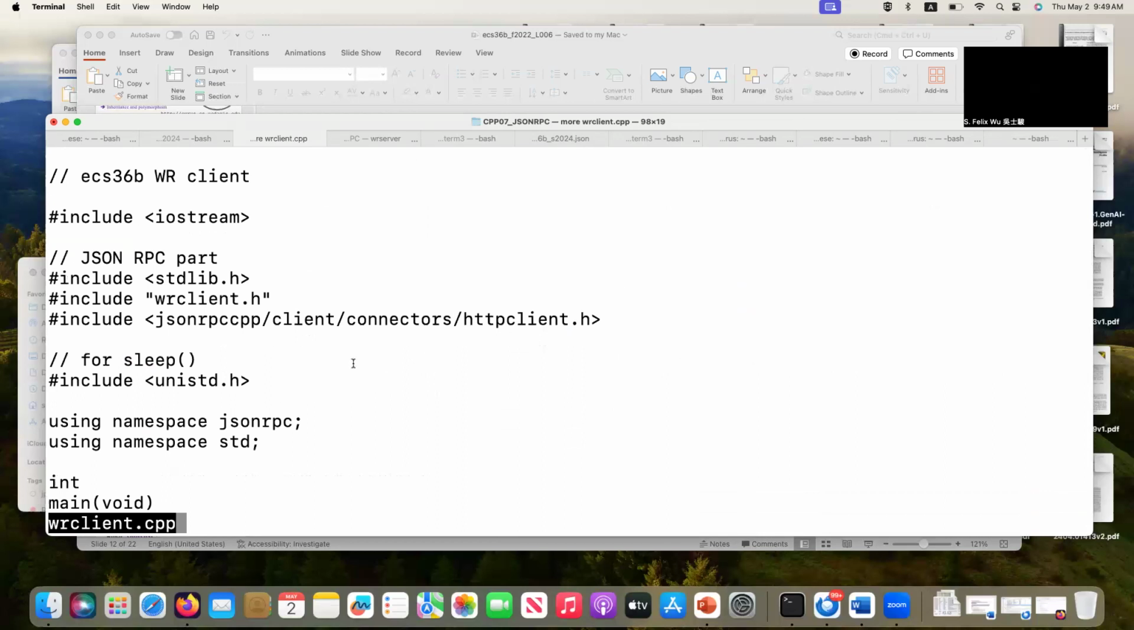By the way, you have to include these three lines, probably not the first line. If you include ecs36b common, that should be there. But you need to include WR client.h, and you need to include the standard JSON RPC CPP HTTP client. So essentially,